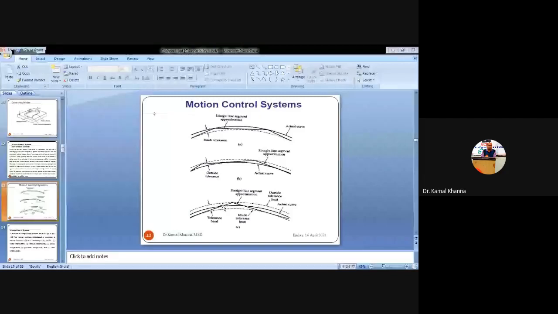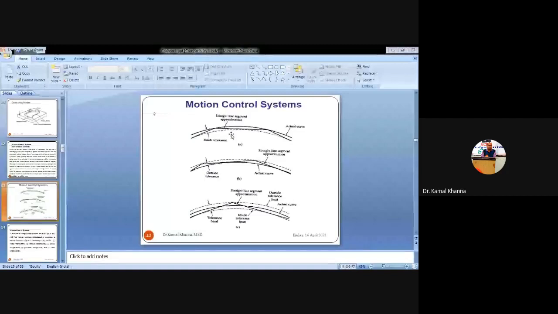So in figure C, you can see the tool is moving from inside tolerance to the outside tolerance as well. Whereas in the case of figure A, you can see the tool is only moving from the inside tolerance, that is from where the path is to be drawn, and that dotted line is showing the axis of the tool where the tool is moving.